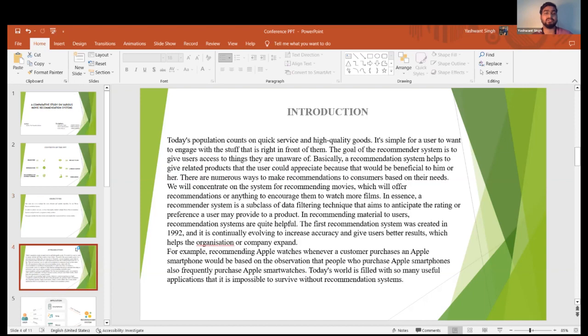So here's the basic introduction of what a recommendation system is. I hope all of you have used an e-commerce site. All of you have listened to songs online. All of you would have watched movies on Netflix. So let's say you are watching a video on YouTube, then at the bottom there come the suggestions. Those suggestions are what the main aim of a recommendation system is.